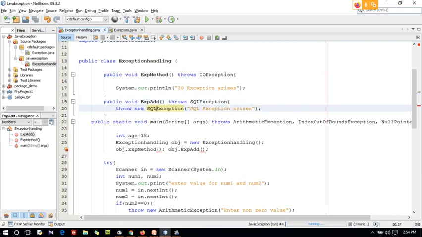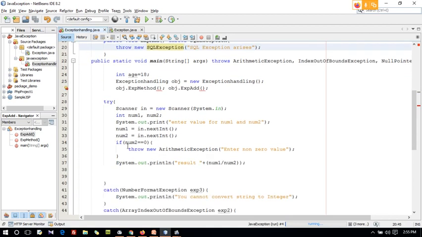Yes, this is how you can use it inside the method also. As declared with the throws, you can use this throw keyword. For forcefully I can throw the error here. And inside any logic or any conditions you can also use the throw keyword, guys.